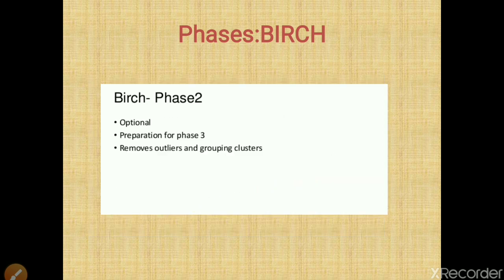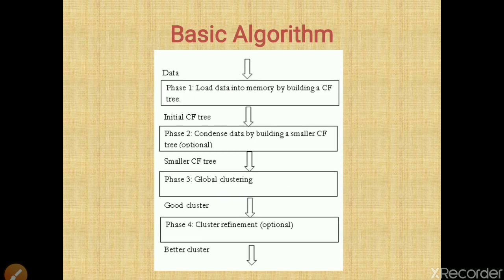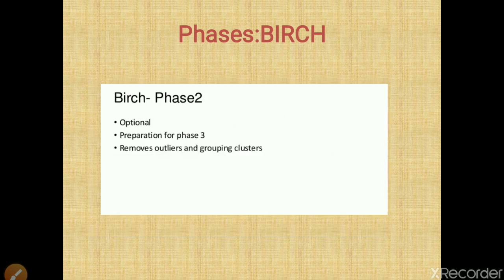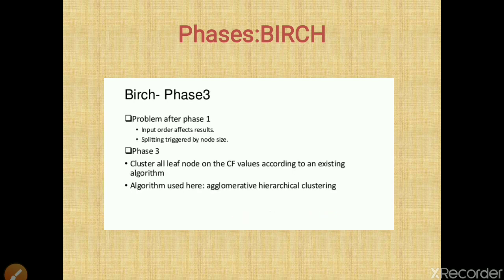Now phase 2 is condensing the data. So here what we are doing is removing outliers and grouping the clusters. Grouping the clusters is an important part of phase 2. So here in phase 2, we condense the data by building a smaller clustering feature tree. So here we remove the outliers and make the CF tree much smaller. Now in phase 3,